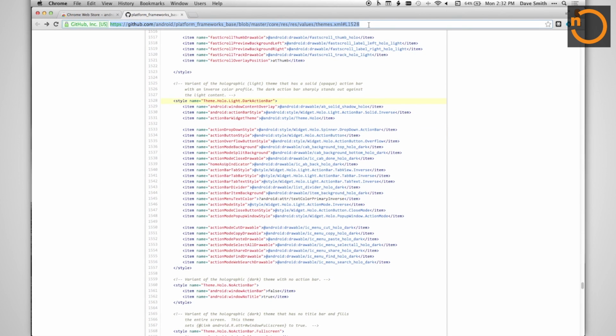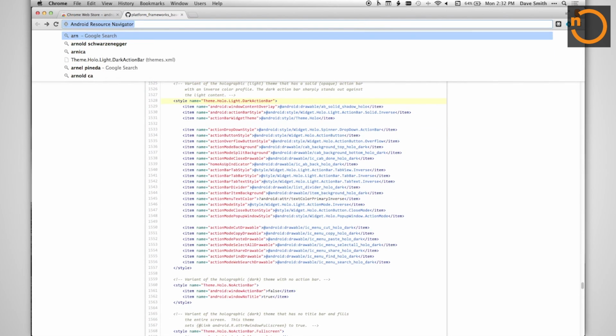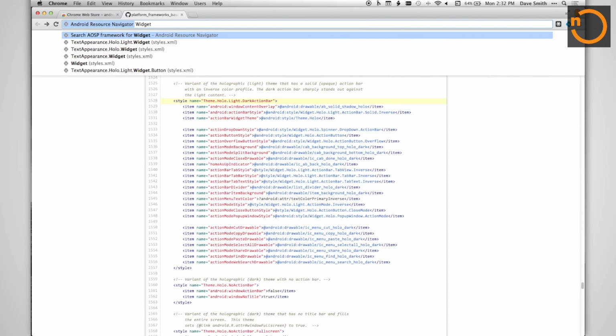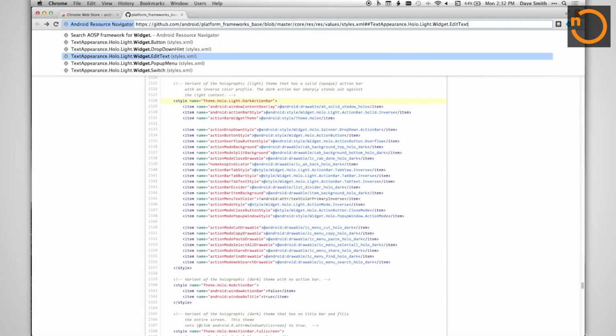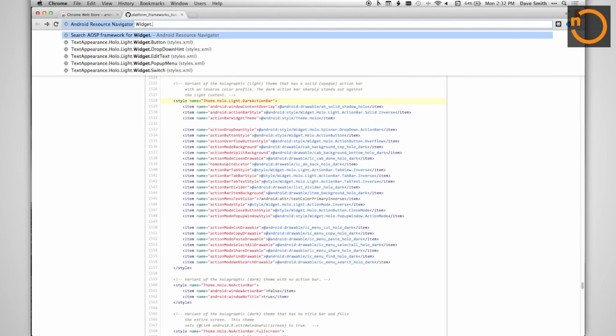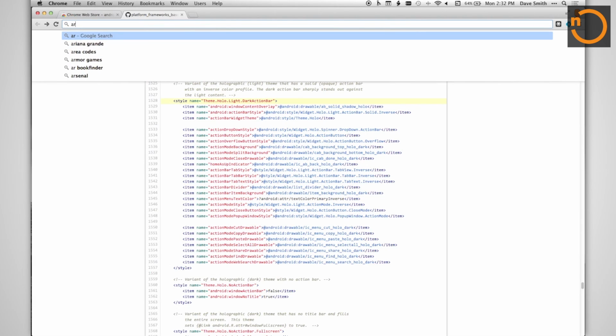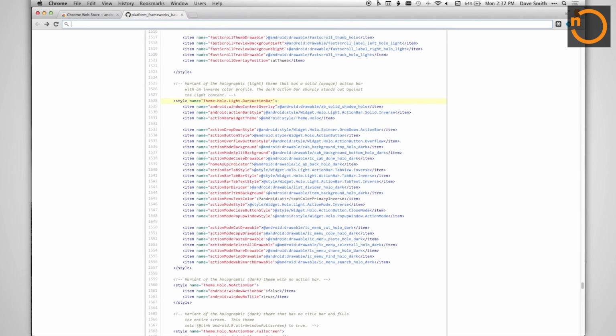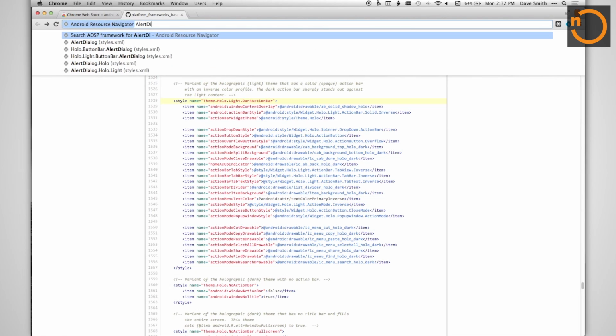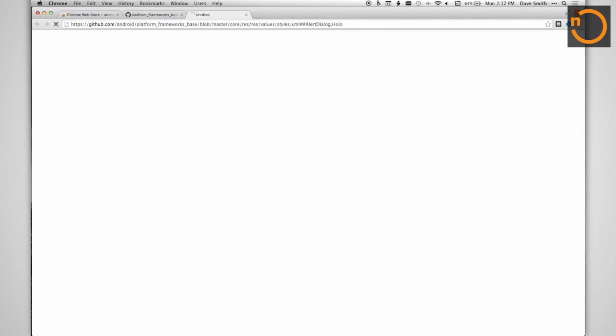So in addition to themes, I can search for really just about anything. I can search for widget styles. So if I want to look at how the text view or the edit text are defined in different themes, I can go ahead and pull those up. Anything that's defined in a resource file, you can search for using the Resource Navigator. So for instance, I could pull up the theme for alert dialog, and we could see how an alert dialog is styled inside of the Holo